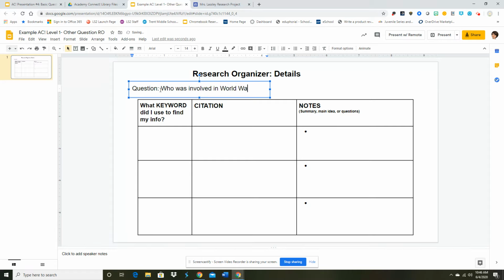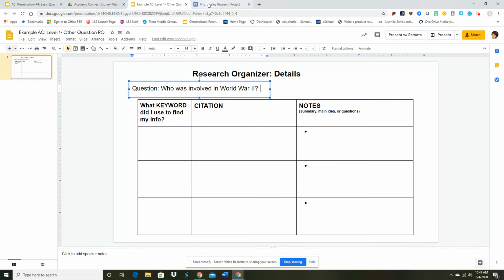Okay. Now, again, if it's a person you're doing, you could talk about what was their childhood like, who were their parents. Like, you could go into some details on this, but remember, wherever you guide, this is kind of where you want to stick. Topics like World War II are huge topics, but by the questions I ask, I'm starting to narrow it down. Okay. So once I write my question, I'm going to give you a second. I'm going to remind you to capitalize, use a question mark, and also make sure to put your topic in there and capitalize it if necessary. You can pause the video right now. The next step will be to put your Google slide into your Google site.